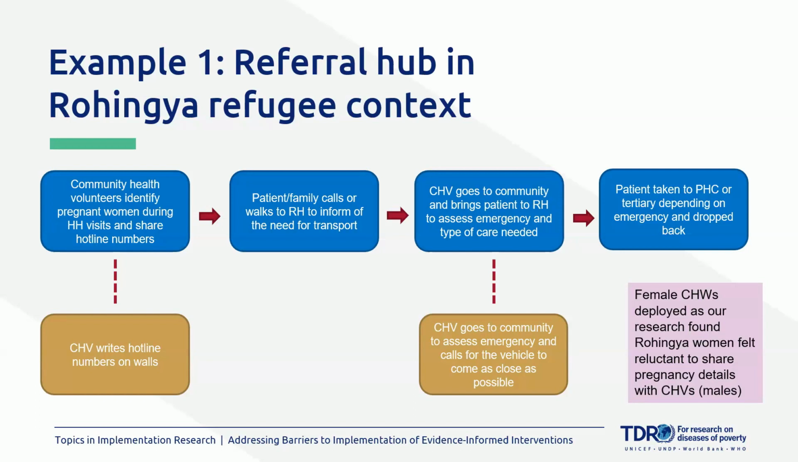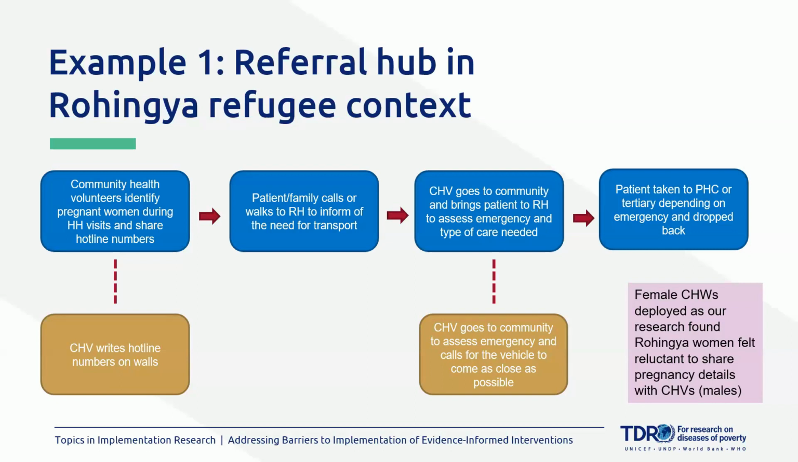So what they did is they introduced a free transport vehicle, and their idea was that the pregnant women would use this vehicle and go to those facilities, give birth, and afterwards it's a pickup and drop service. Their strategy was that they involved community health volunteers, who were male, and they did household visits. And during household visits, they were collecting